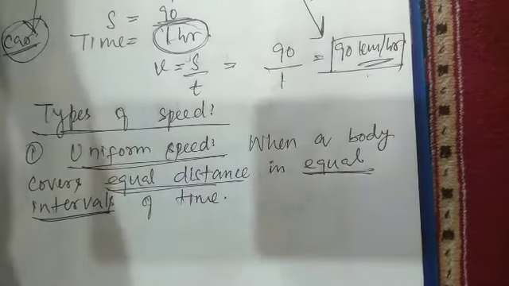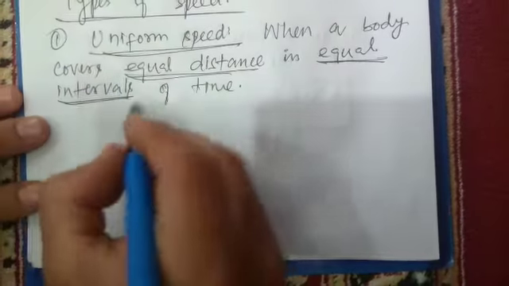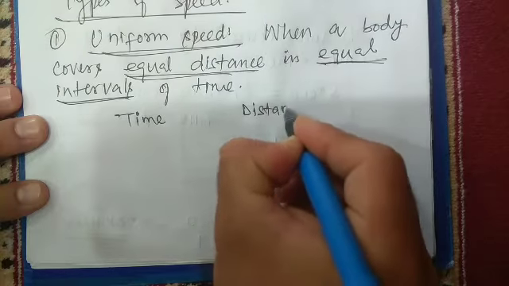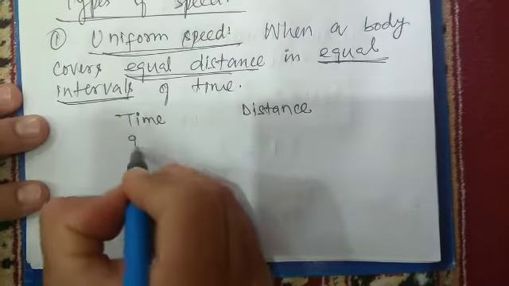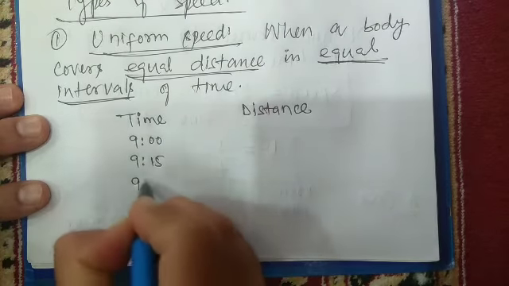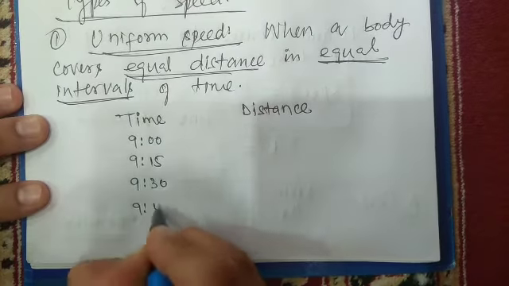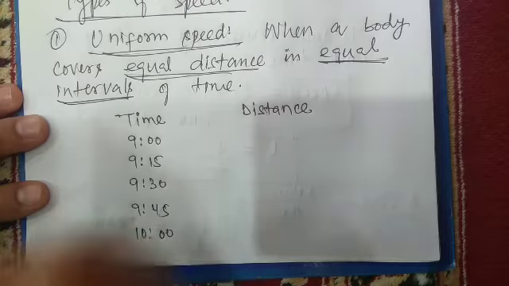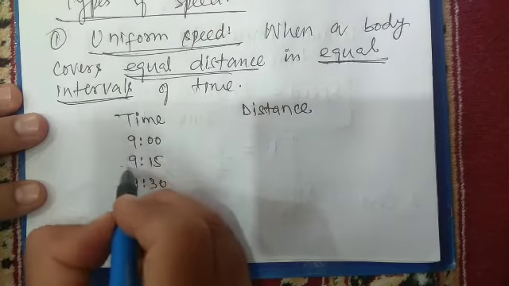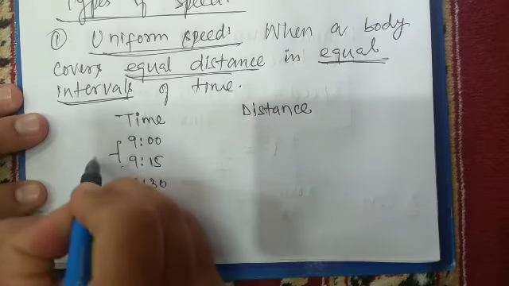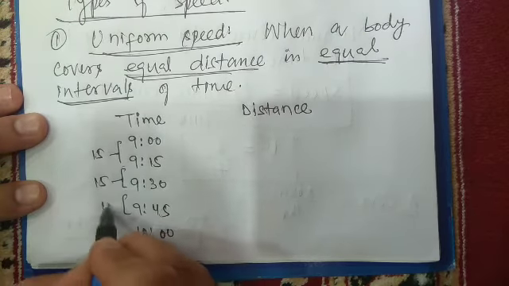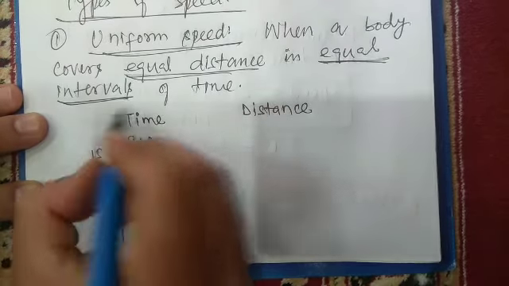जैसे आपको एग्जांपल से समझाऊंगा मैं. लेट्स टेक द एग्जांपल. ये है टाइम, ये टाइम है, ये टाइम है. दिस इज डिस्टेंस, दिस इज टाइम एंड दिस इज डिस्टेंस. से हम यहाँ पे 9 बजे हैं, 9 बजे हैं, 9:15. दूसरा टाइम रखेंगे 9:30, 9:45, and 10 a.m. अब क्या है यहाँ पे डिफरेंस इन टाइम, यहाँ से यहाँ तक कितने मिनट्स का फर्क है? इट्स 15 मिनट्स।